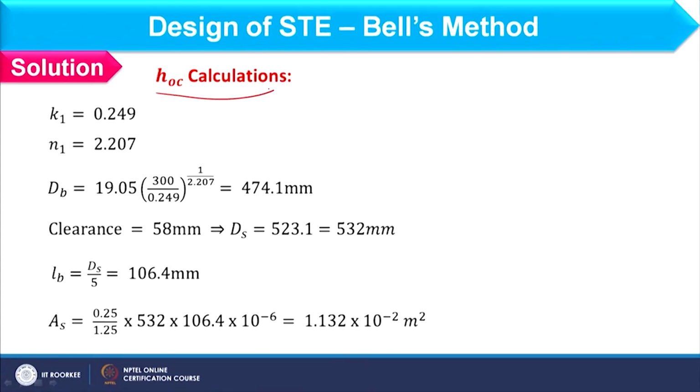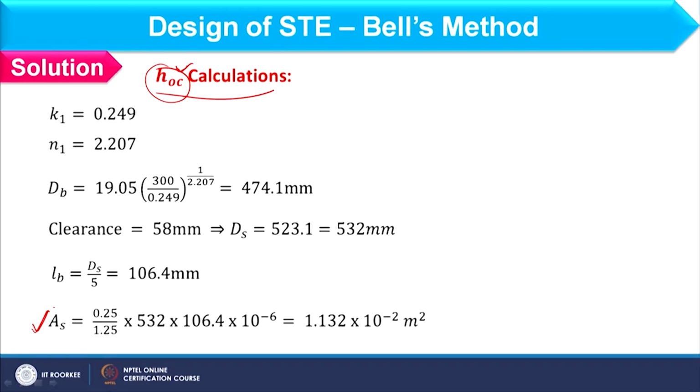So we have to consider calculations for HOC, and this HOC will depend on US and GS values, which is as per Kern's method. So, first of all we should find out the AS value, and for that we should calculate baffle spacing and shell